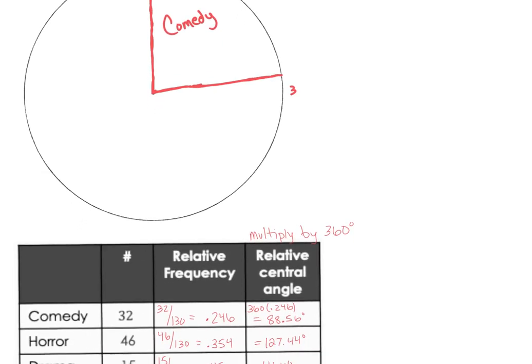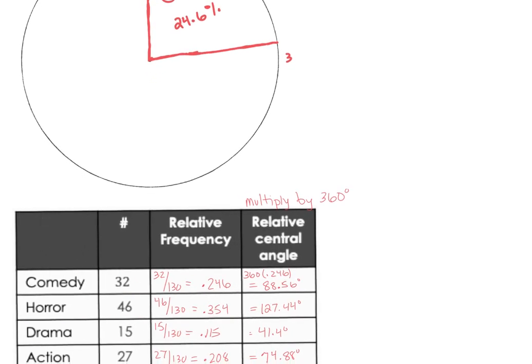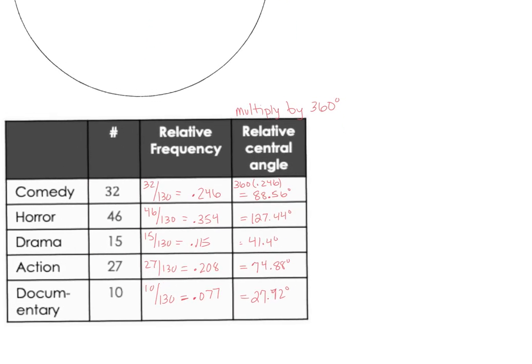And what we do is we label it and we say comedy, and that comedy percentage was 0.246 or 24.6%. Okay, and that's coming from the relative frequency. But we're using central angles to figure out how big these parts should actually be. And so now, again, for the next one, for the horror, what you've got is, guys, is that it took